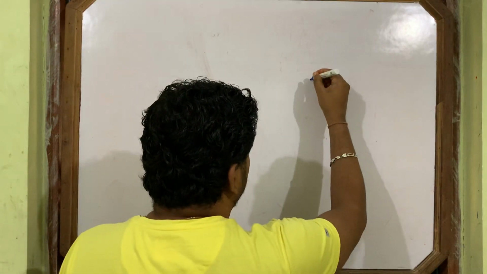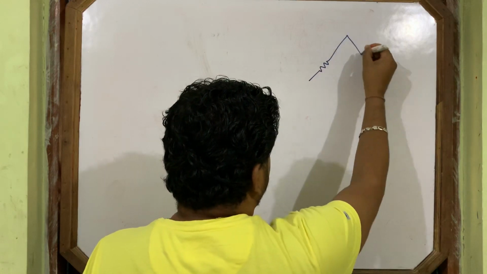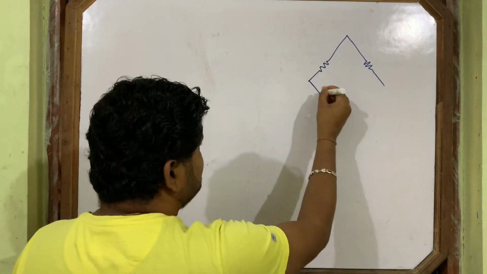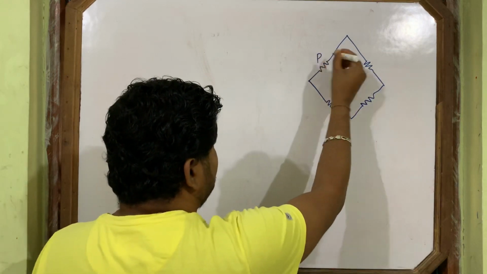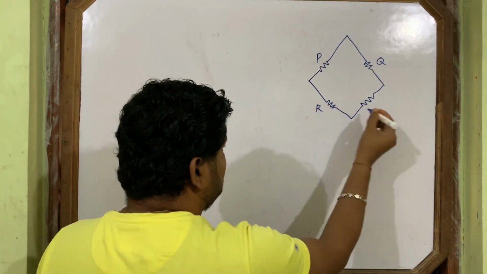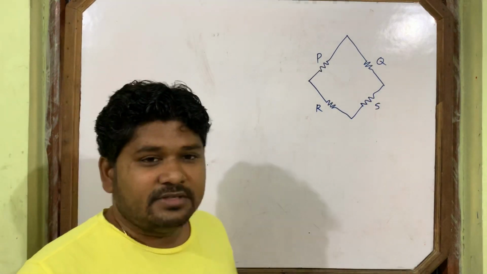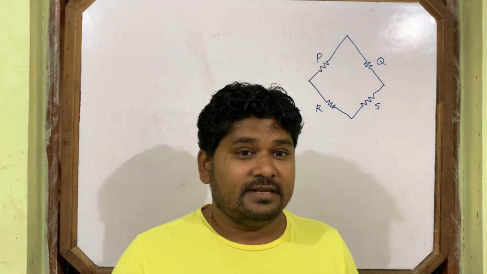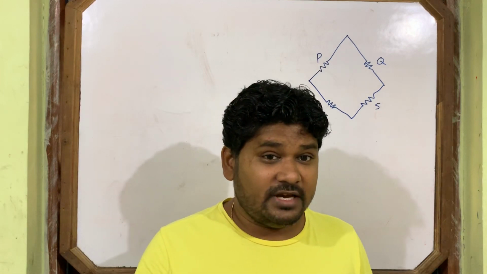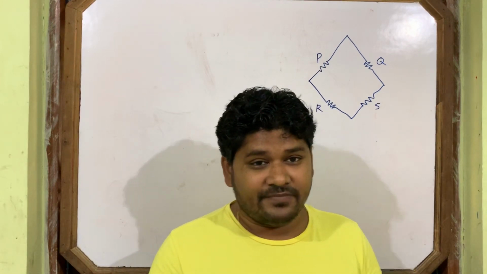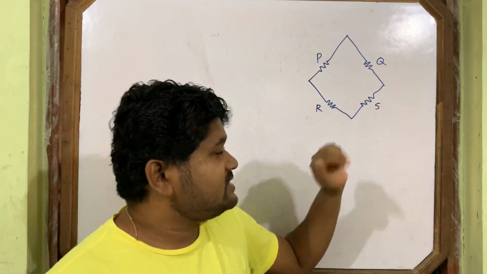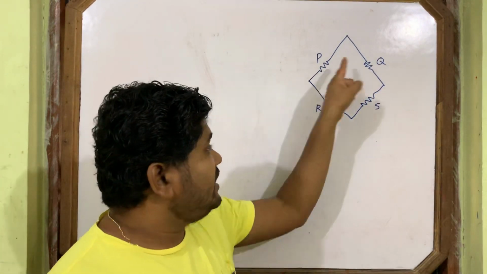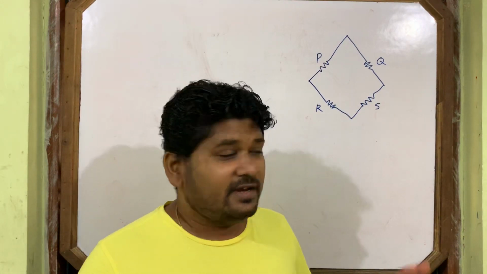Now see, four resistors connected like this: P, Q, R, S. P, Q, R, S are not the names of the resistors. They are the resistances of the resistors: resistance P, resistance Q, resistance R, resistance S. They are connected like this,